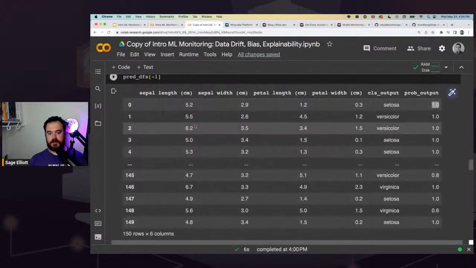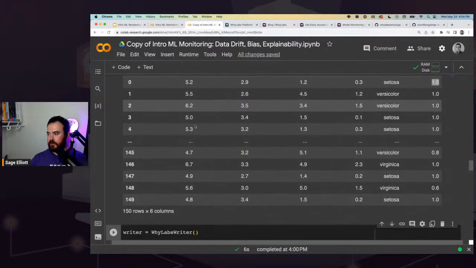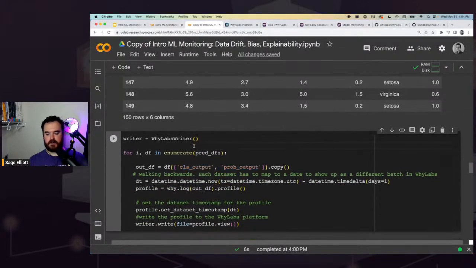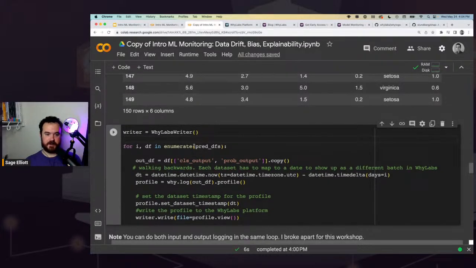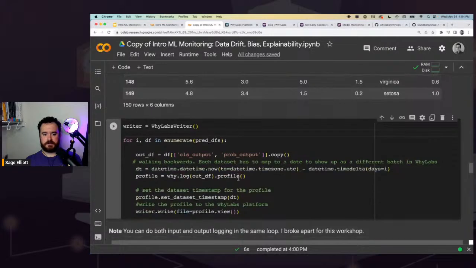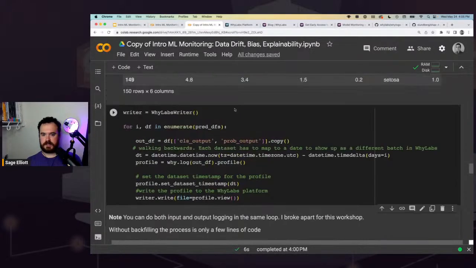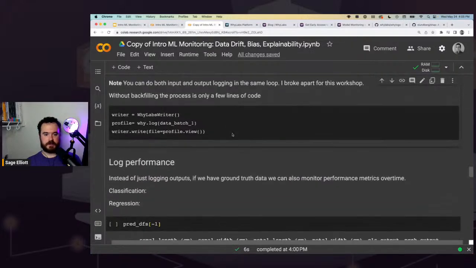All right, so I'm going to go through just a couple more cells, and then we will be at a good point for me to help debug someone's notebook. I just want to show off the last piece of this section of the notebook, and then we will go into the bias and explainability piece next, as well as the open source part. So let's see, did we run this? I think we ran that. That wrote up the output data.